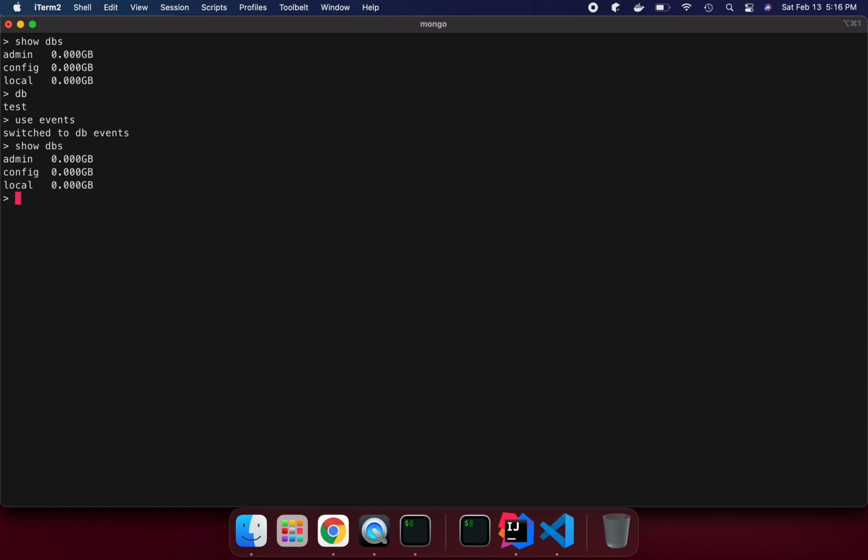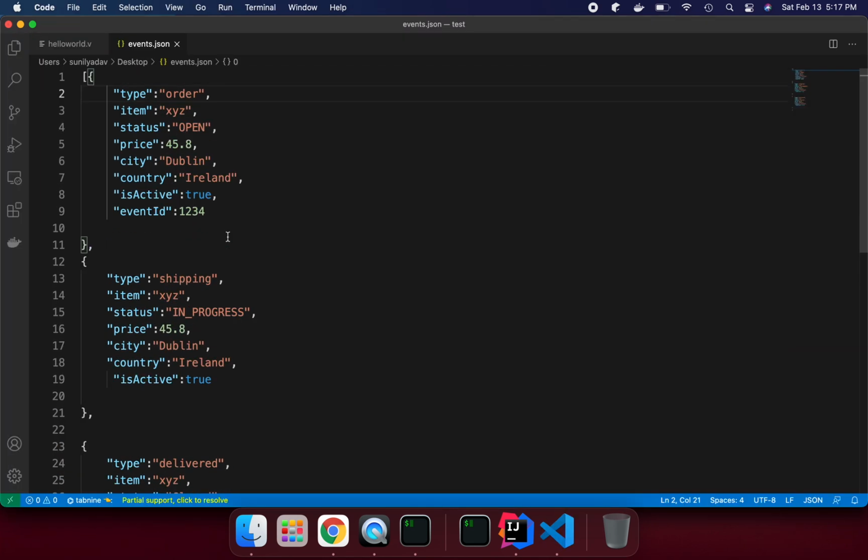If I say, let me see what database I am currently associated with, I say db, and it says you are associated with the events database. That is perfectly fine, but I'm not able to see it. So let's create some events in the database. I created this dummy collection, you can create your own. I'm just trying to put things in front of you so that you understand it. So let's create these documents one by one and see what is happening.